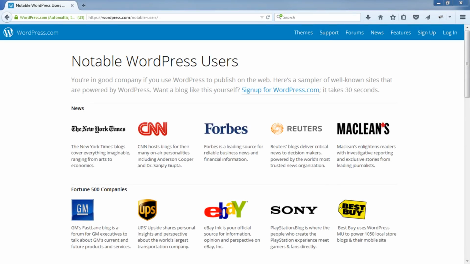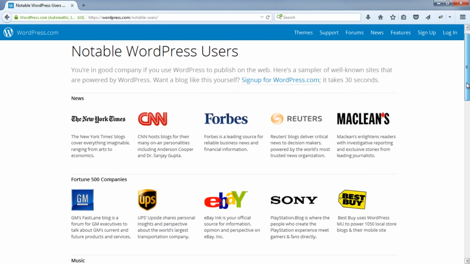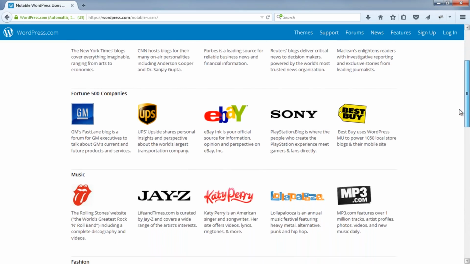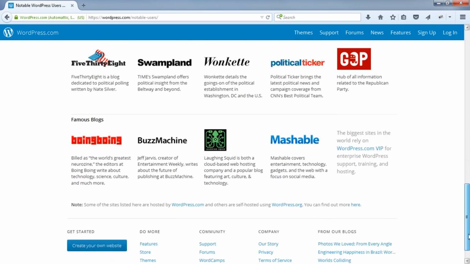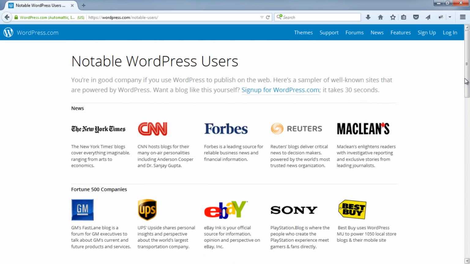As I mentioned to you before, we will create a membership website based on the WordPress platform. So I will teach you how to use the WordPress platform if you do not already know how to use it. It's actually a free platform. It's very easy to use. And I'm just going through a list of notable users on my screen here. You can see there are some massive names worldwide that rely on WordPress for their websites. It's extremely easy to manage, extremely user-friendly, and it's very, very easy to learn. So you'll be an expert by the time this video is finished.